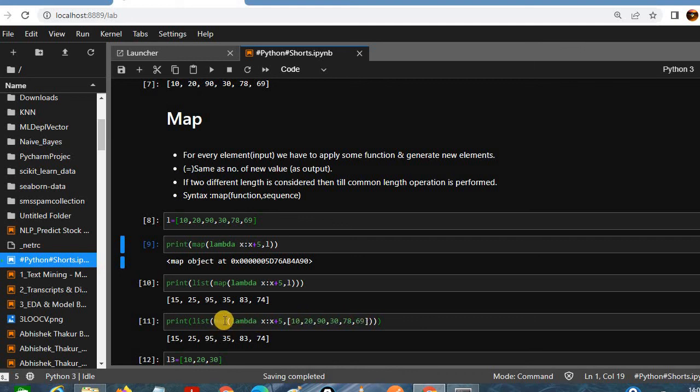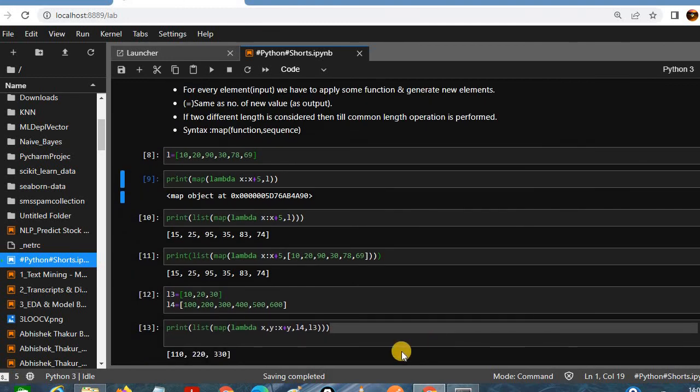So we are defining with the map and we are converting the list and we are getting a desired result. In case we have two lists L3 and L4 with different length, and we are applying any function to it, only the list with the minimum length is considered and the remaining is discarded. So when we are applying the addition of L3 and L4, we are getting 110, 220, 330